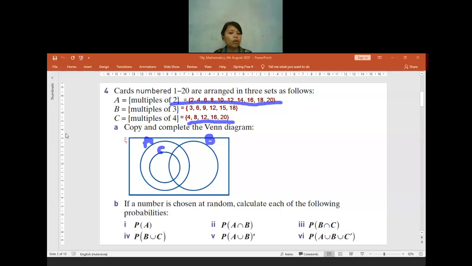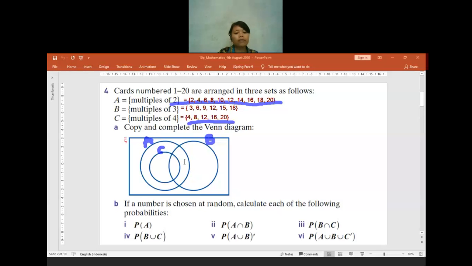Is there anyone who is confused? No? Okay, if no one is confused, maybe we can find all of the intersections. It is always easier when we fill in the numbers starting from the intersection. So we can start from the intersection between C and B. What number is the intersection between C and B? Anyone want to help me? 12. 4. C and B, are you sure? No, I'm asking C and B. 12. Okay, sorry, it's supposed to be 12.